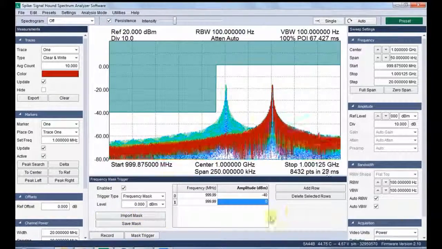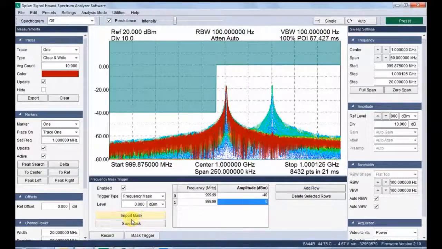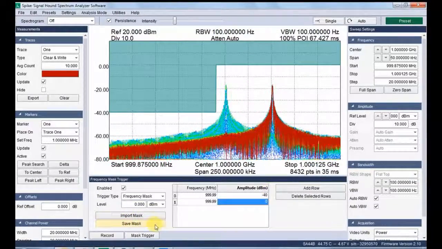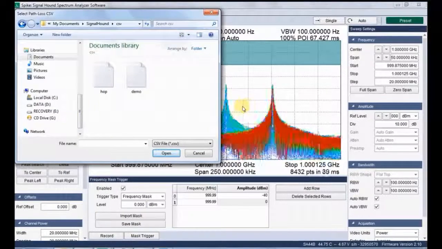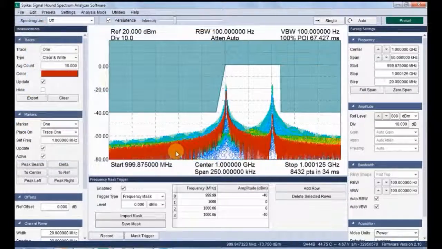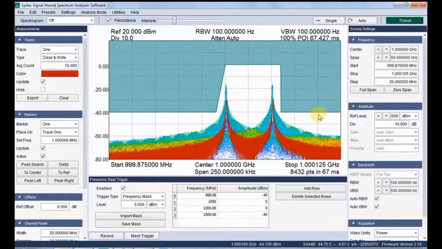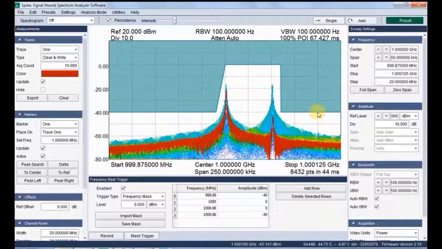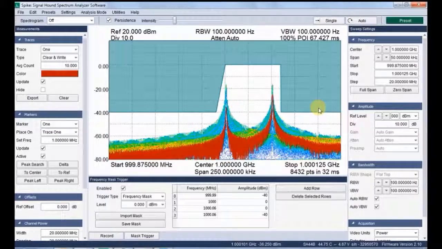We can just enter different values to define this mask, or otherwise we can directly import CSV files from predefined formats of our plots. Now I'm directly importing some files, and this is my final mask. Here we can see two different hopping signals, and a third one is a randomly hopping signal.